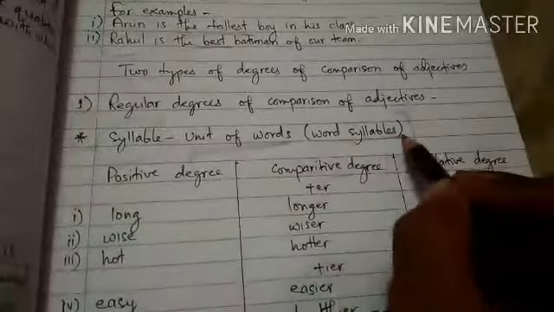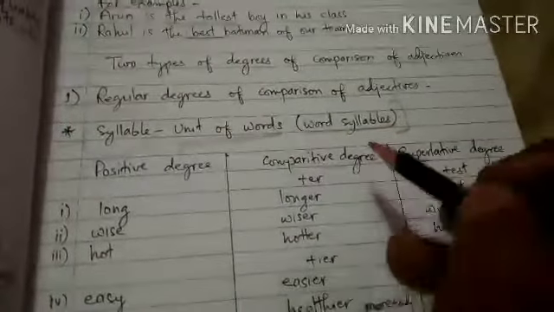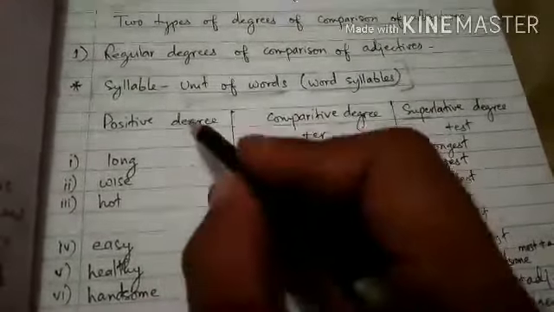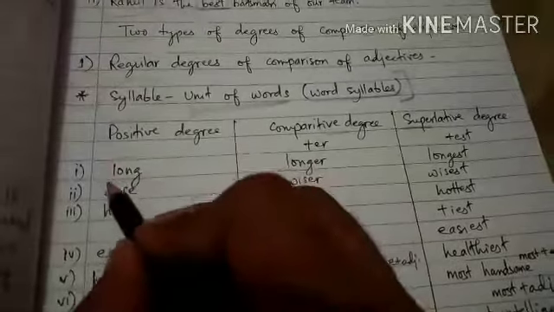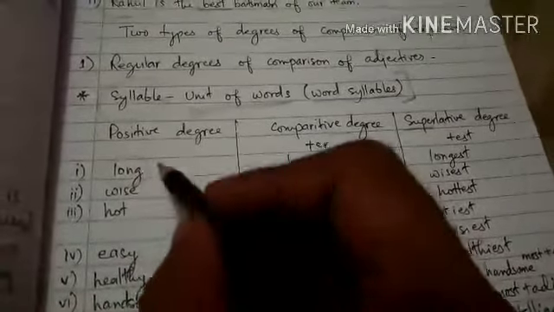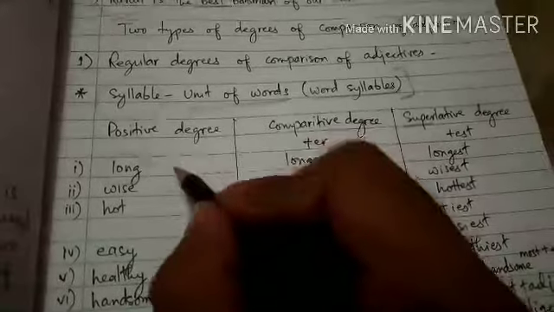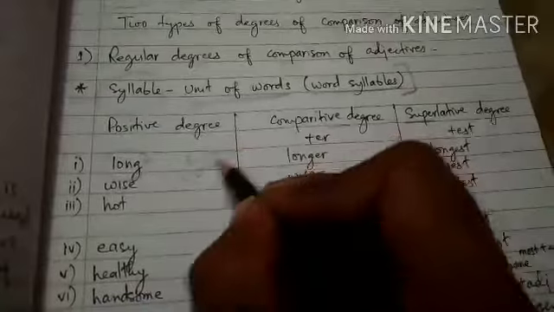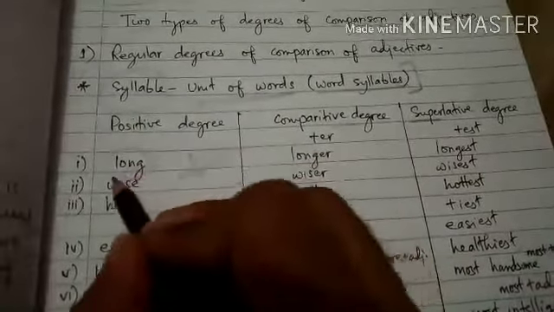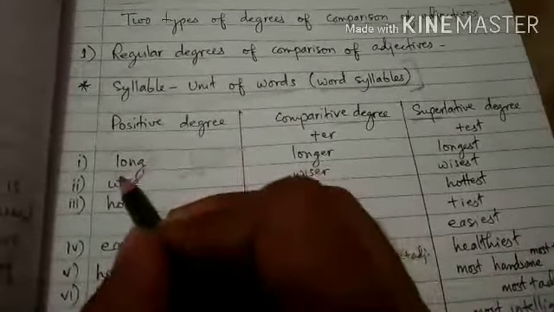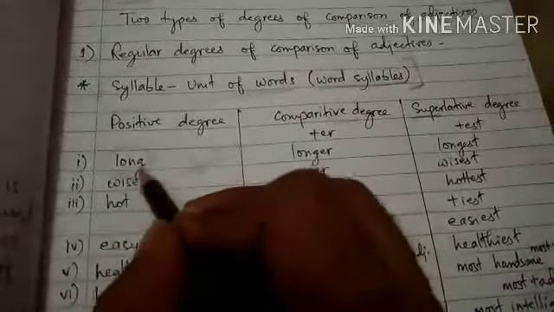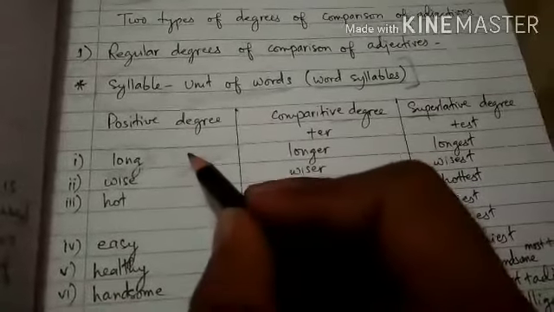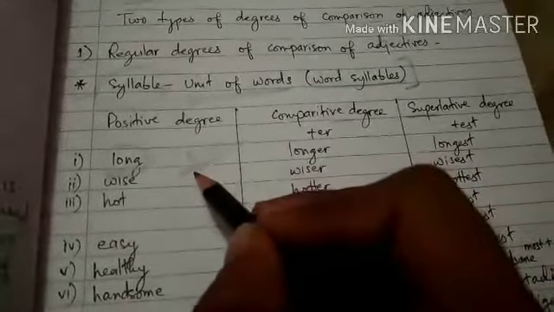तो व्हाट इज सिलेबल? एट फर्स्ट वी हैव टू अंडरस्टैंड व्हाट सिलेबल टू अंडरस्टैंड द स्ट्रक्चर ऑफ the degrees of adjectives. So here positive degree. So I have written here long. Long is the positive degree of adjectives and it has only one syllable. One syllable, because we cannot divide this word with pronunciation. It can be pronounced at once. So long को हम एक ही बार में pronounce कर पाते हैं, तो इसे हम single syllabic word कहते हैं. Okay, single syllabic adjective और single syllabic word.